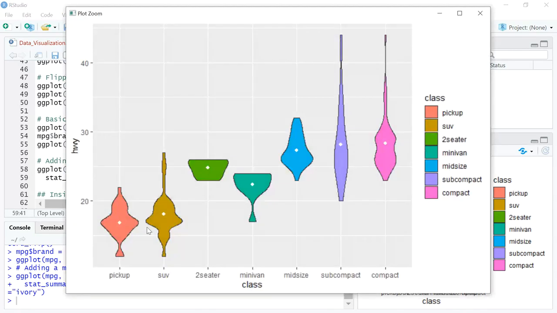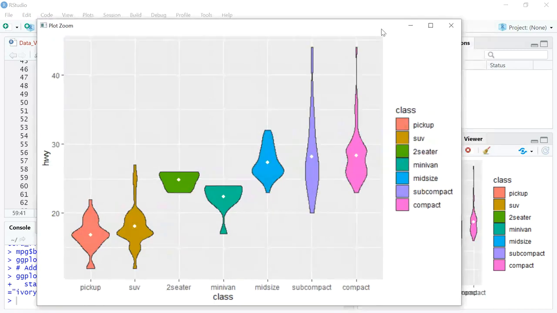Right. So what you see here is the basic violin chart that we had in the usual example, but you will also see that there is a diamond shaped dot, right? Which represents the median point of our numerical variable. So if you look at the pickup, it's somewhere here. This is the median of all the observations under pickup, and so on and so forth. So what this does is it actually tells us how the median is sequenced, right? I mean, we can add a number of other attributes. We can make those labels. We'll try and cover some of that in the subsequent videos where we'll look at all the different types of cosmetics.